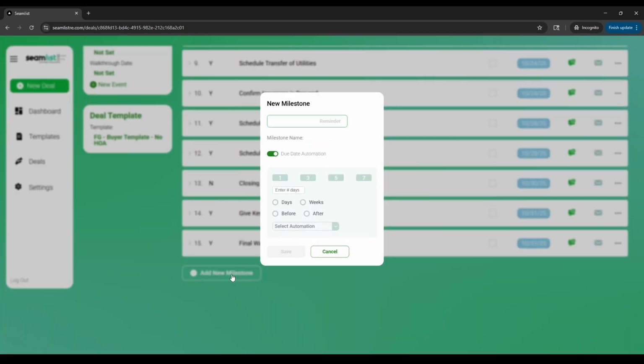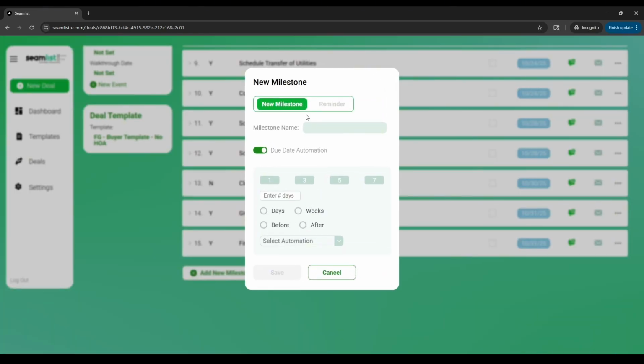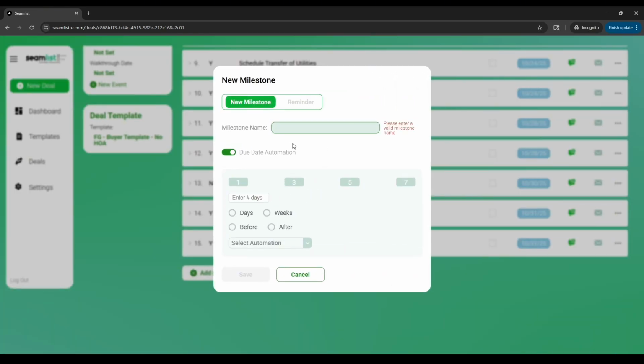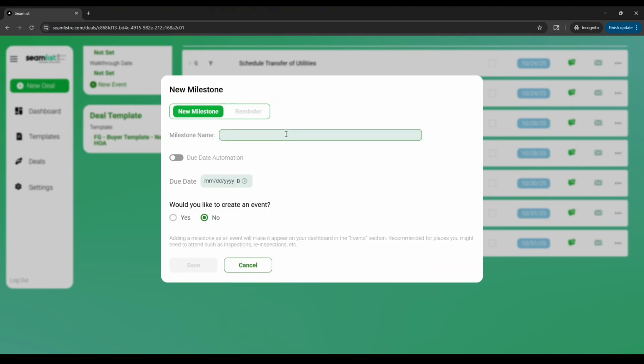One thing that I forgot to mention when adding a new milestone, if you don't do a due date automation, if you just want to select a due date, you can come in here and just hit, this is due on the 25th, and you can also make it an event. So making it an event, it'll appear on your dashboard in events. So that's what these events like walkthroughs or inspections or appraisals, those appear on your dashboard under events. So if you wanted to add something like